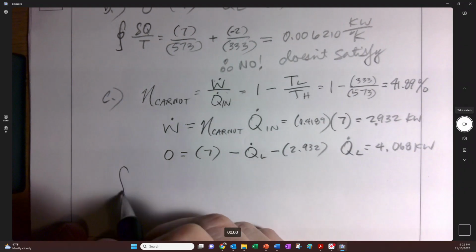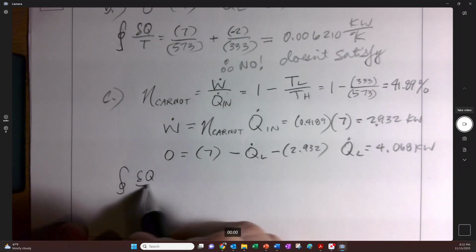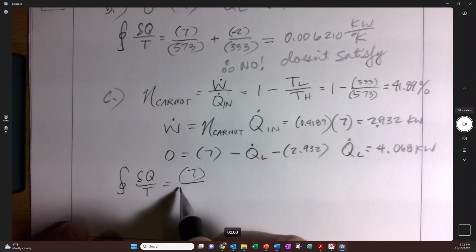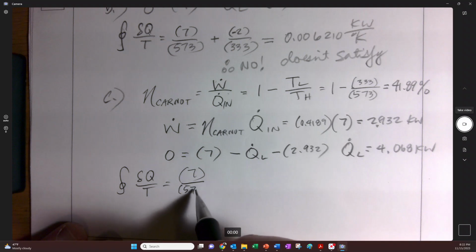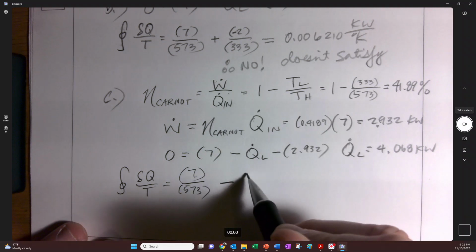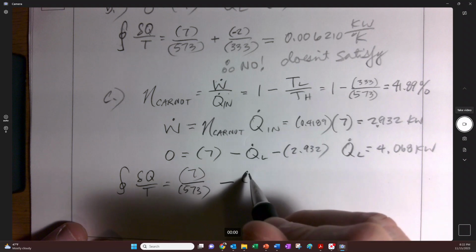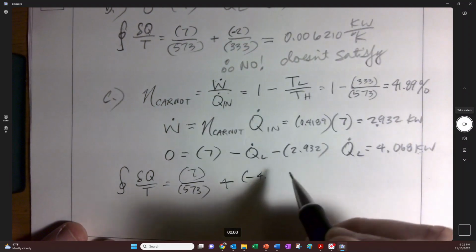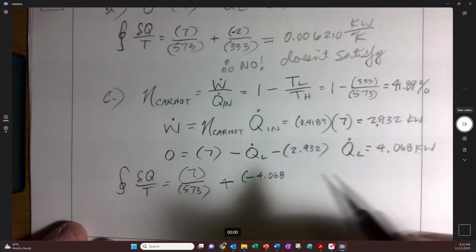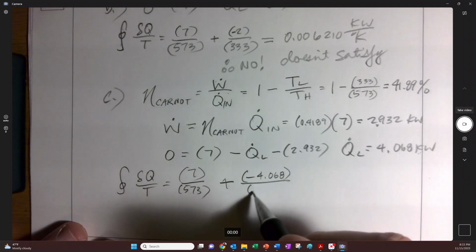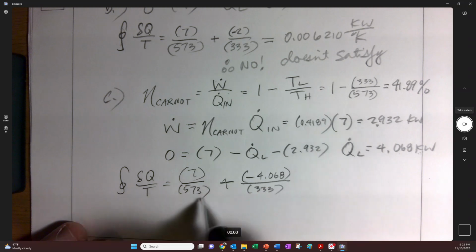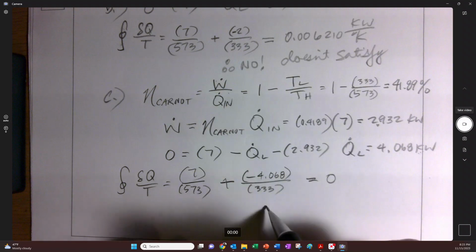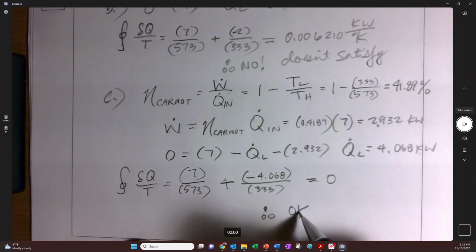And the inequality of Clausius becomes 7 divided by 573 minus, here's the losses going on, because these are out, 4.068 divided by 333. You do the math, and it comes out to 0, and therefore you're going to say okay, it satisfies, because